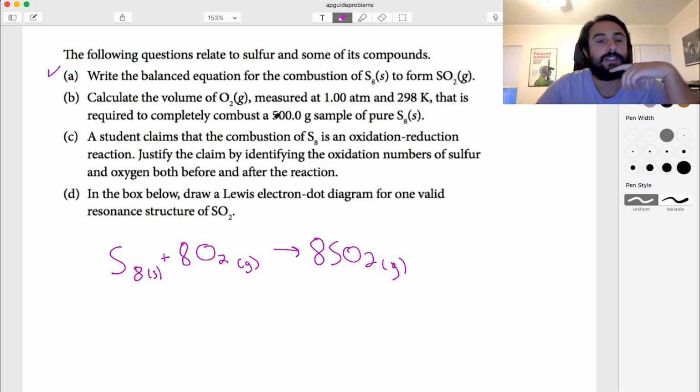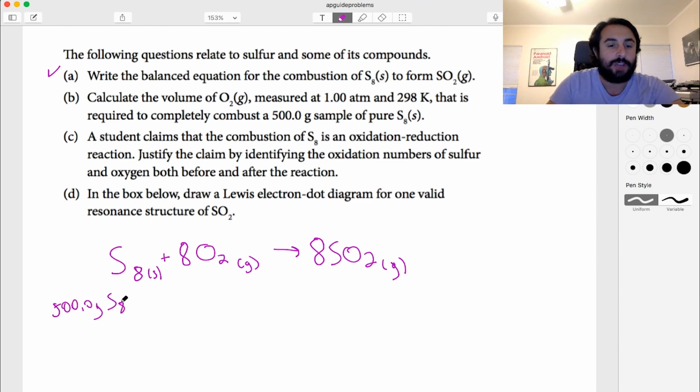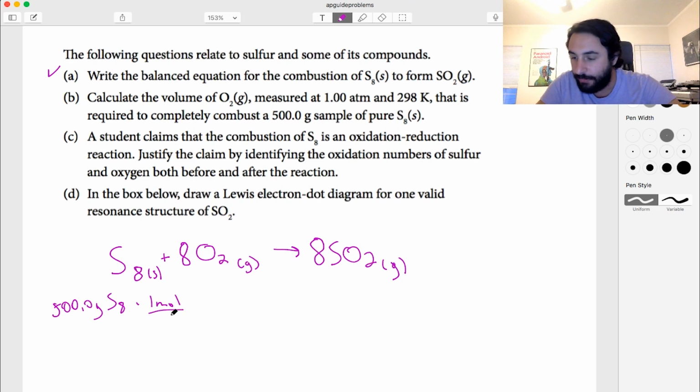Now, calculate the volume of O2 gas measured at 1 atmosphere and 298 K that is required to completely combust a 500 gram sample of pure S8. So, a little bit of stoichiometry here. Now, we've got 500 grams of S8. So we're going to want to convert that to moles. So I've got the molar mass here. We've got 1 mole over